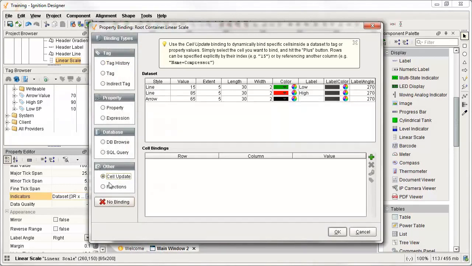The cell update binding only exists for data sets. As you can see here at the top, we're going to see what the data set looks like right now. So here I can see all 3 of my indicators. Each one of these I can actually bind to a tag or to a property individually. So I click on 15, I can press the plus icon down the bottom right to add it to the